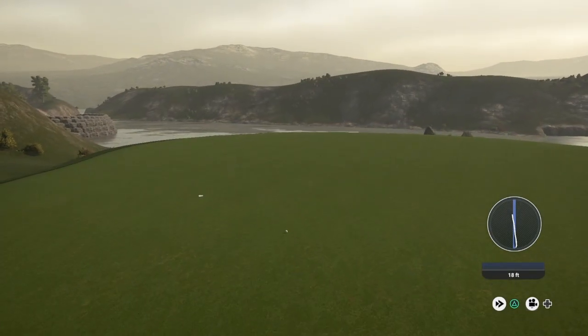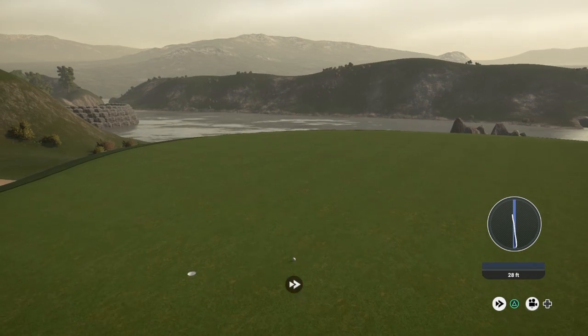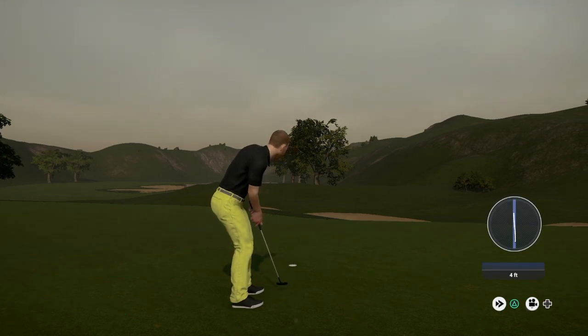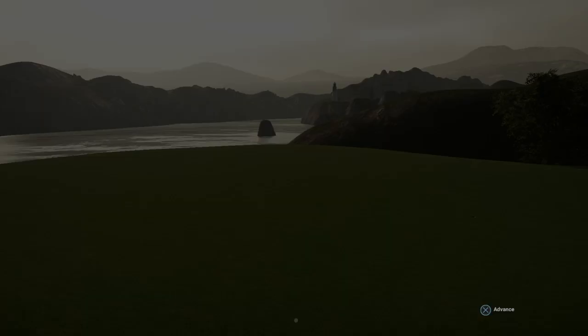It should really start to turn. It didn't turn at all. Nasty putt line there, to be honest. But it looks like it's going to be a makeable putt here from 4 feet. And we do manage to walk away with par, and we are going to remain 4 under with 2 holes